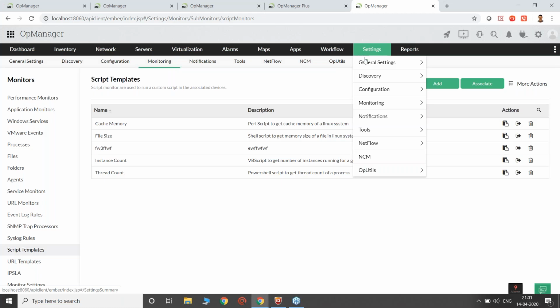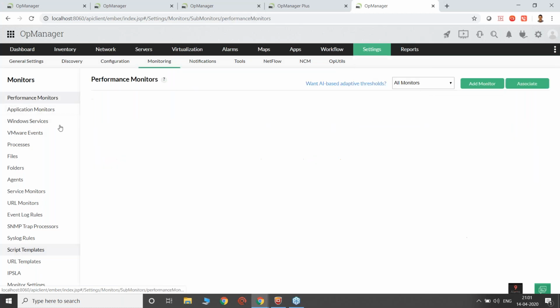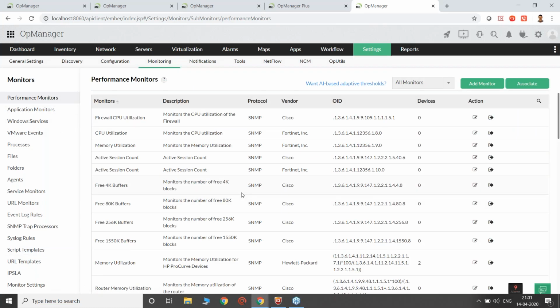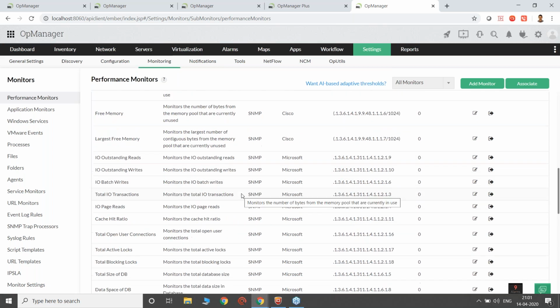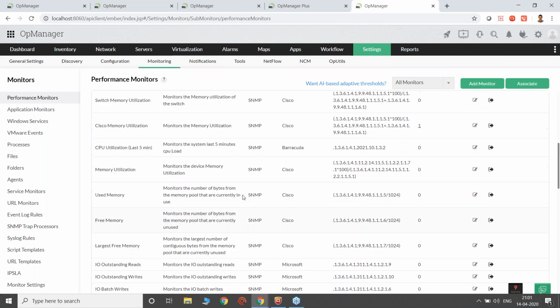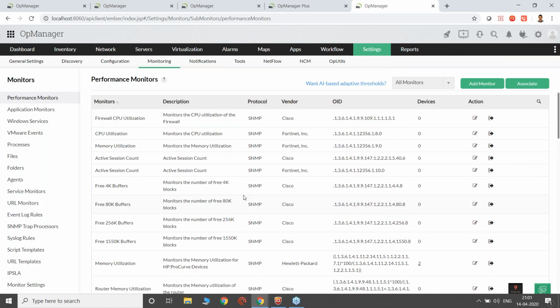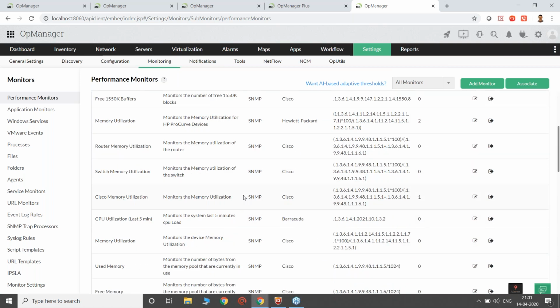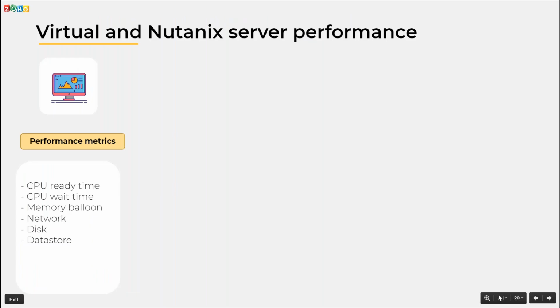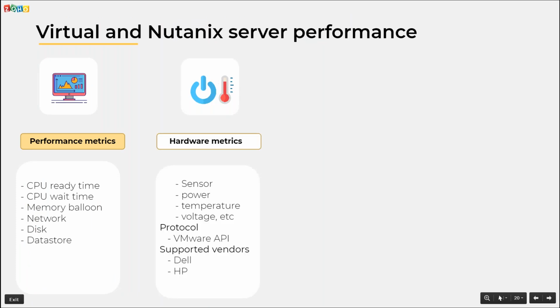You can navigate to settings, monitoring, performance monitors, where n number of monitors are listed. So based upon your requirement and the appropriate metric which you need to be monitored on OpManager for the appropriate VM, you can just associate the appropriate monitors to the VMware device, which would help you to monitor it. As well as when it comes to hardware, we also